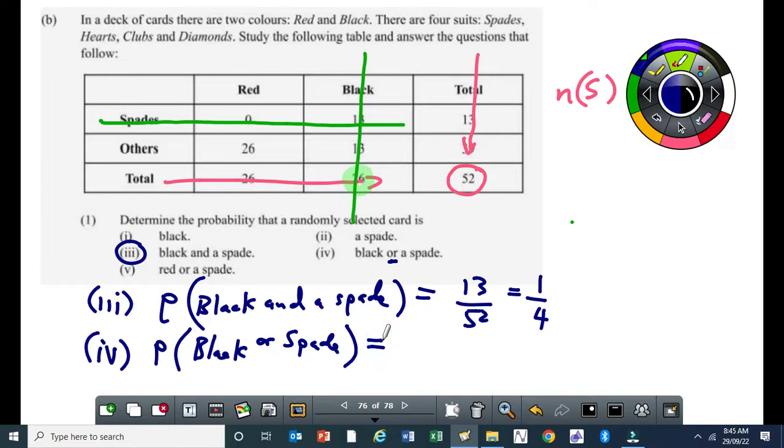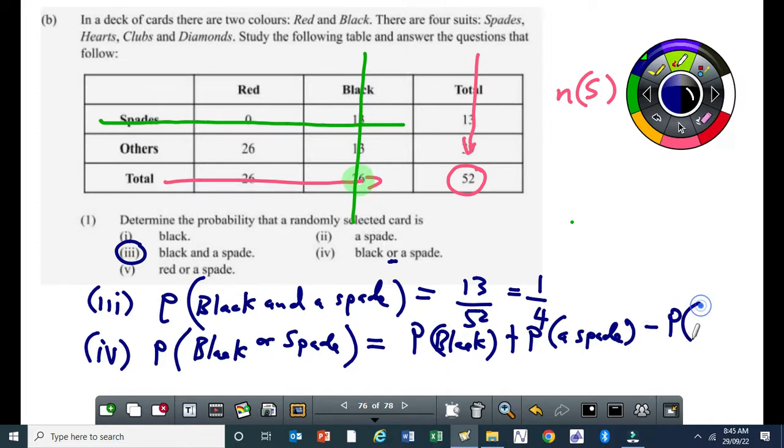Okay? Now I can also use the addition rule. So that is the probability of all the black cards plus the probability of all the spades, then you subtract the intersection, which I think will be much better. So this will be the probability that the card is black plus the probability that the card is a spade. To avoid double counting, that's why we have to do this. Minus the probability that the card is black and is also